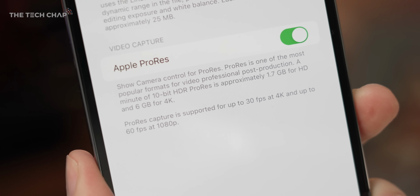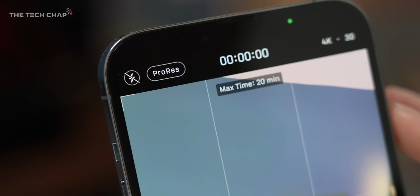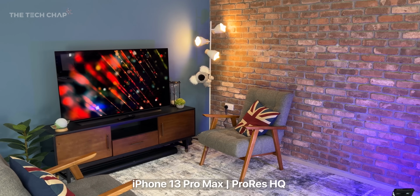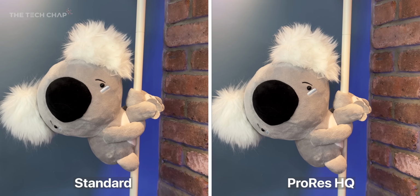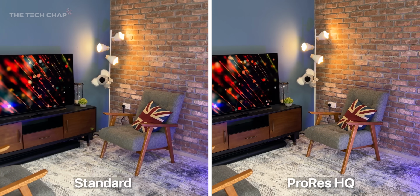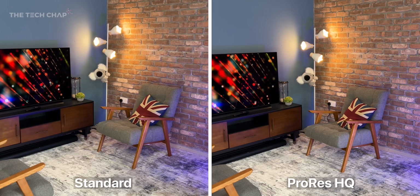video. They've been talking about it, but it's just come out now, and so you can actually shoot in much higher bitrate, so much higher quality video at up to 4K 30. But there are a couple of issues with this. Firstly, you can't shoot in 4K 60, it tops out at 4K 30, which is fine, but having that 60 FPS option is nice for videographers who then like to slow down the footage in the edit to get slow motion. But the bigger issue is file sizes, and then actually how to get the files off the phone, because